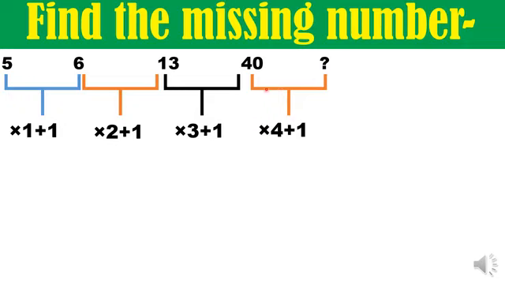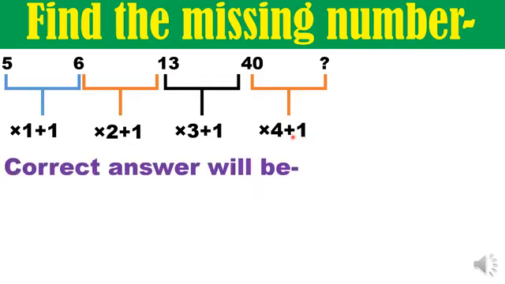Exactly correct. 44s are, this is very easy. You can do oral multiplication as I always emphasize. 0 would be 0 and 4s are 16. So answer is 160. 160 plus 1, 161. So correct answer will be 161. Not 5, not 6. Sorry, this is the answer of this one. This is the answer of this one. This is the answer of this one. And this is the answer of this one.